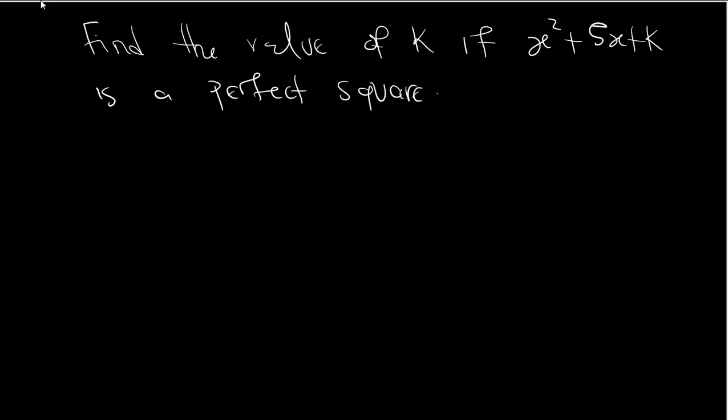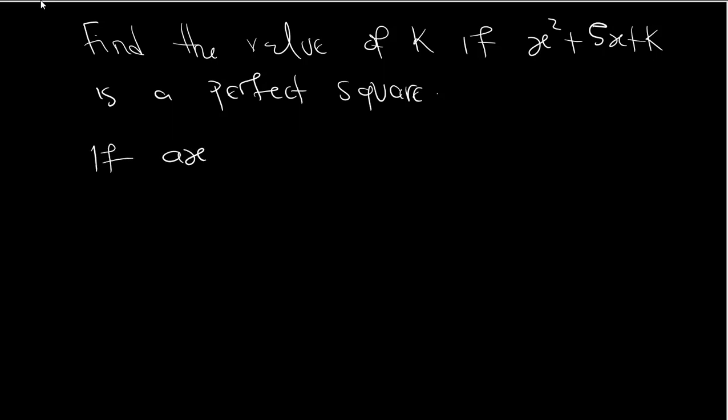Okay, now the question is saying that a certain value representing k is going to make the expression x squared plus 5x plus k a perfect square expression. So how do we find the value for k? The first thing we are going to do is,